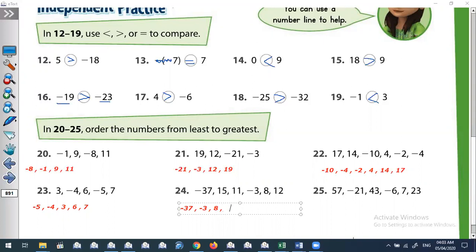After 8, 11. After 11, 12. And the last number is 15. The next one,